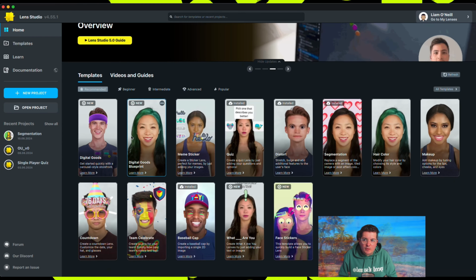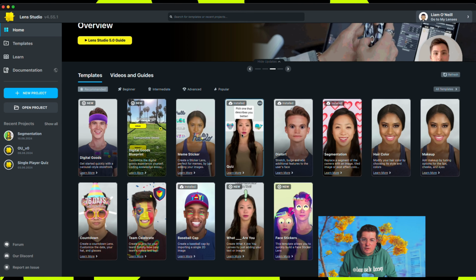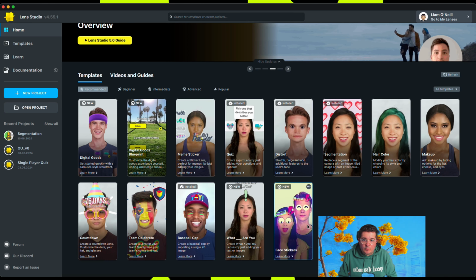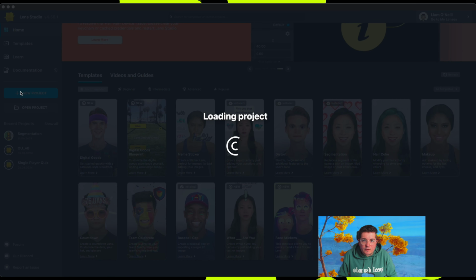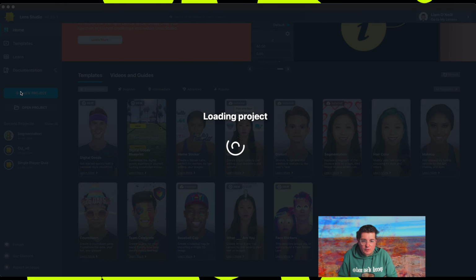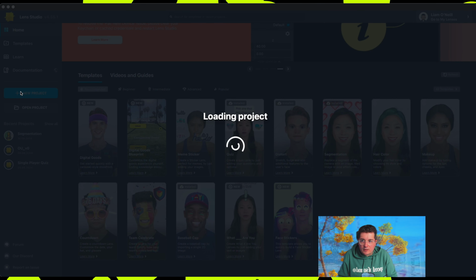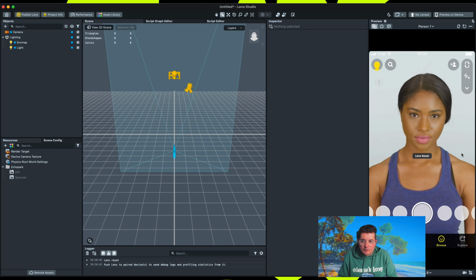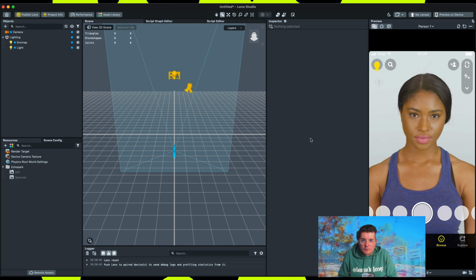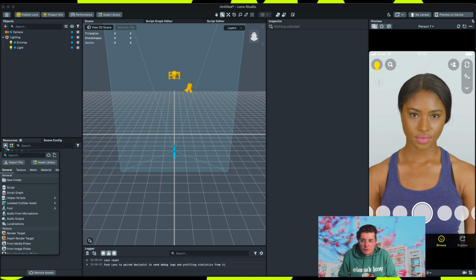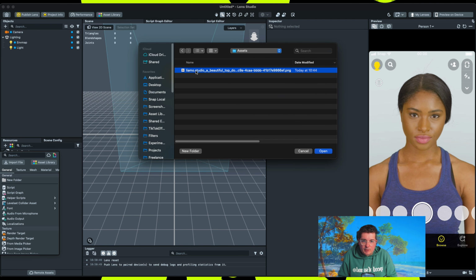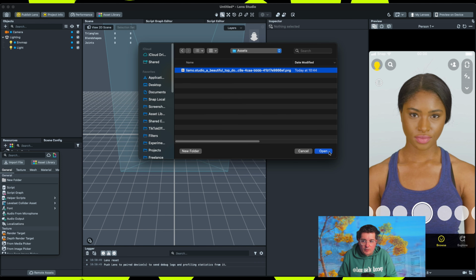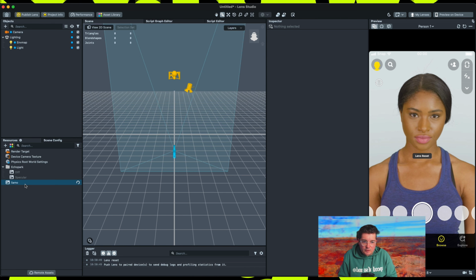Okay, so in all of our recent ones we've started from a template, but in this one we're going to click on the blue new project button, and what this is going to do is open up a blank project within Lens Studio. As you can see, nothing in this one, no starter assets or anything. So we're going to go to our resources panel and go to the import file button and navigate to the daisy picture here. This will be in the download link for you,